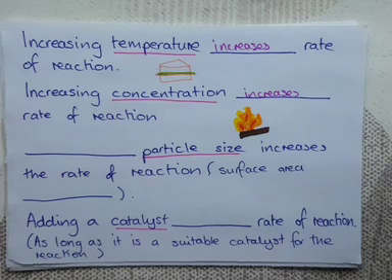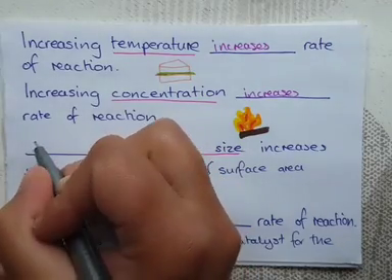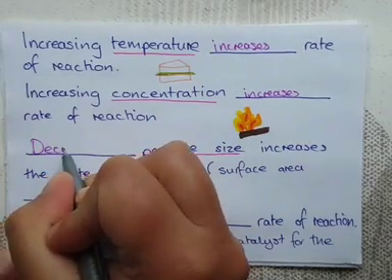Something particle size increases the rate of reaction. So again, think about our little fire. If we want to speed up the burning of a little fire, what might we want to do to our logs? Well, we might want to chop them up to make them smaller. So we would say decreasing particle size